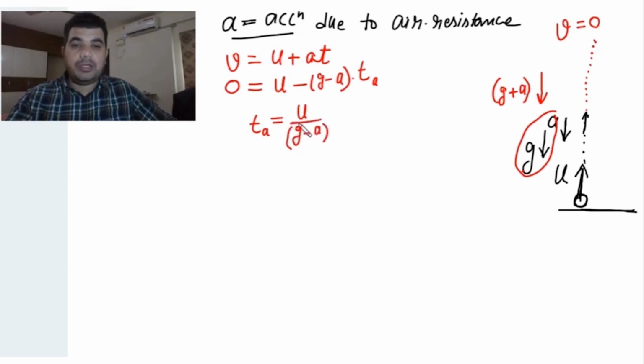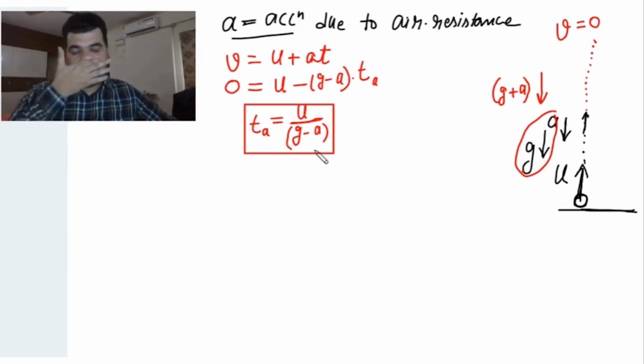U divided by g minus a. And if it is u divided by g minus a, then you can say, yeah, this is the formula. Okay, now